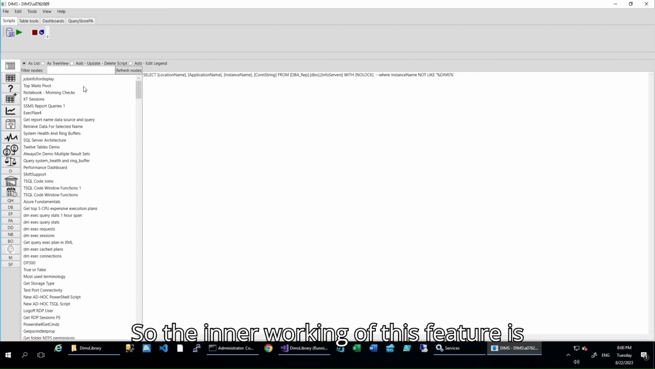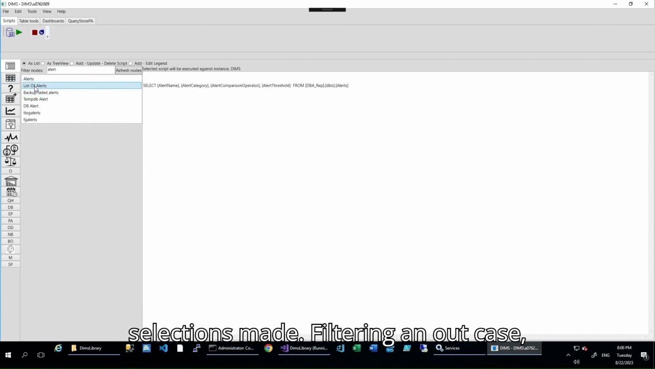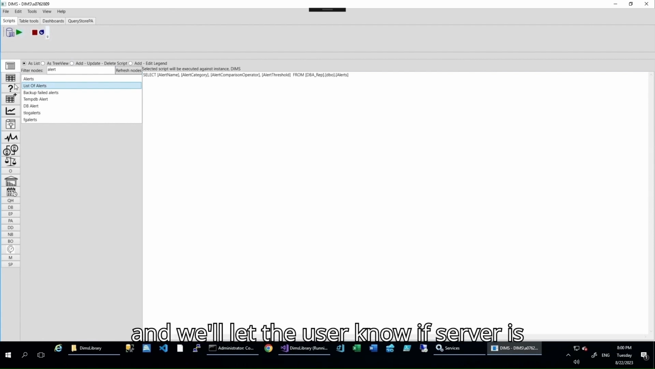So the inner working of this feature is that we have a table in the database which contains the things we want to check. That information is paired with a PowerShell script which, based on the selections made, filtering in our case, will check each alert and its threshold, and will let the user know if the server is compliant with